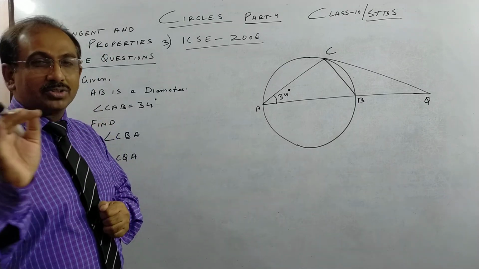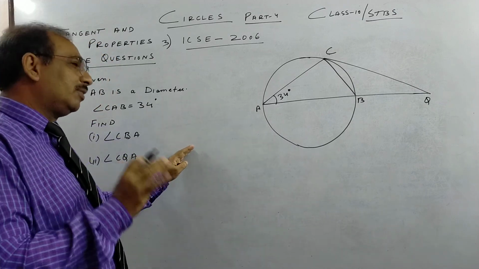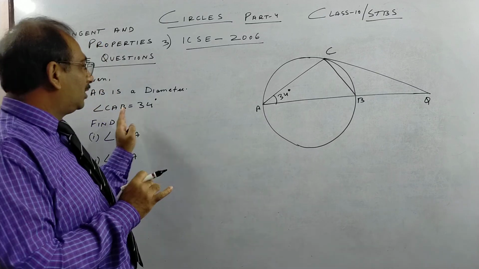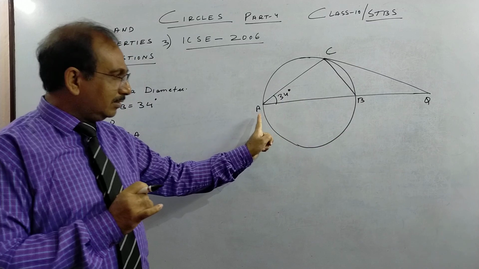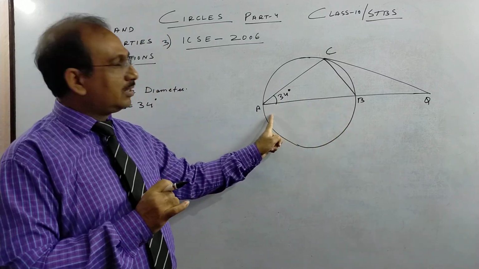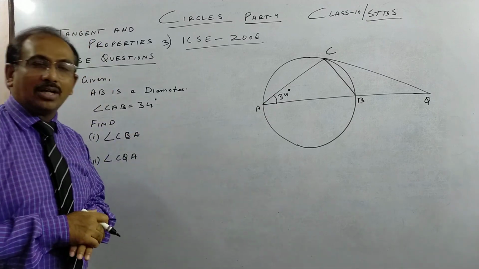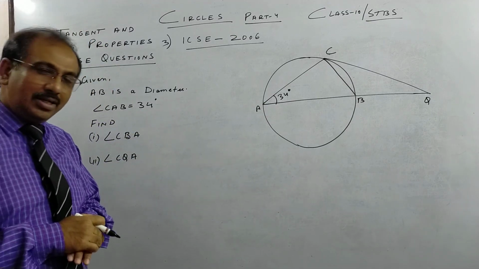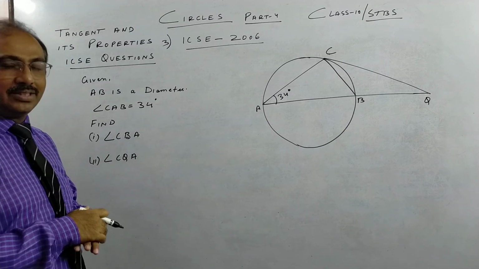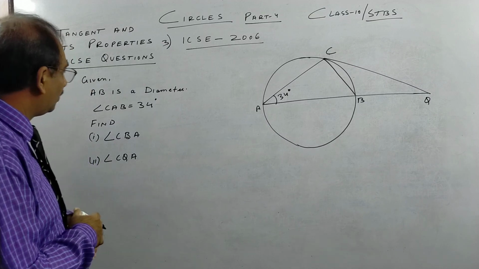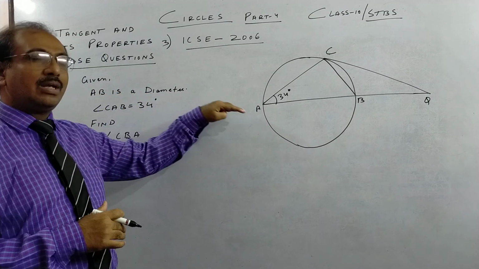So that boy did not solve it. I remember this incident because that boy did not solve that question. He could have solved it. He was a very good student, but he just simply wrote a note, that this AB or something like that in that question is not the diameter and it's not mentioned that it passes through the center of the circle. This question cannot be solved, and really it could not be solved. So I gave him full mark because it was a wrong question. If you attempt, we have to award you full mark. So that's why I told you, sometimes you assume and sometimes it is given.